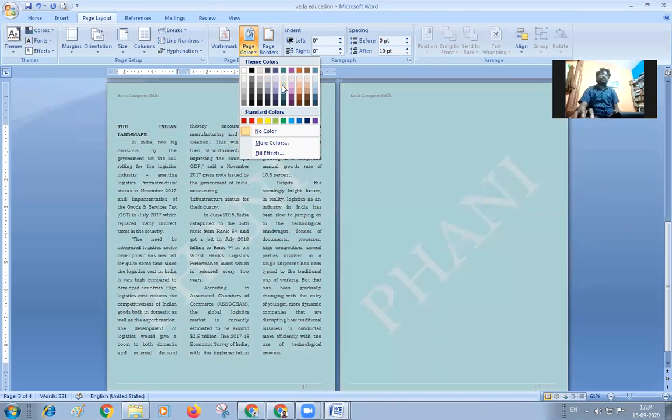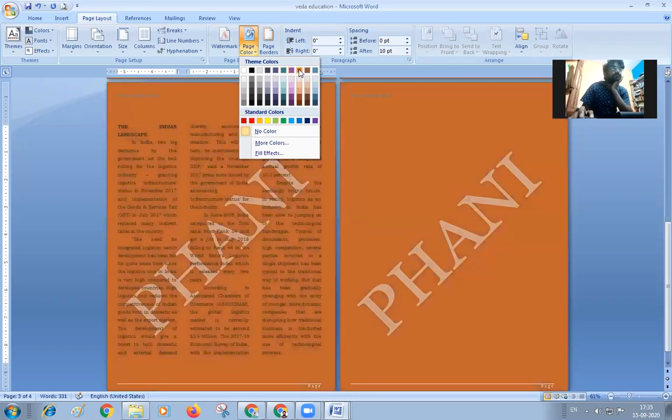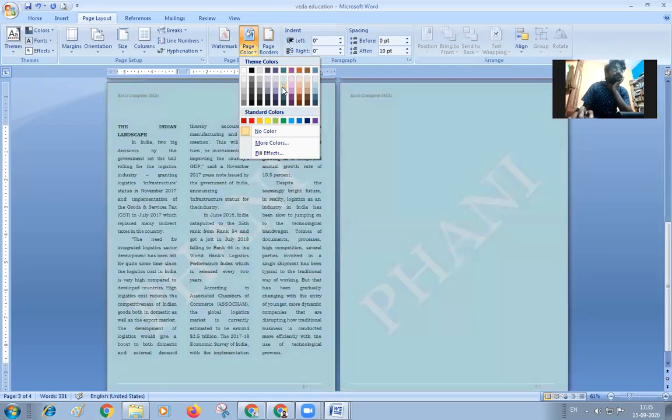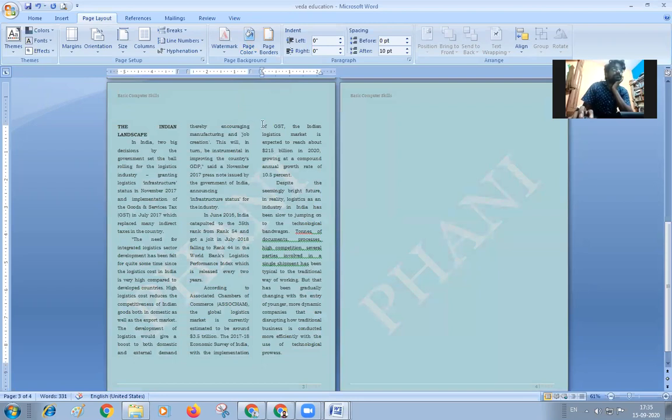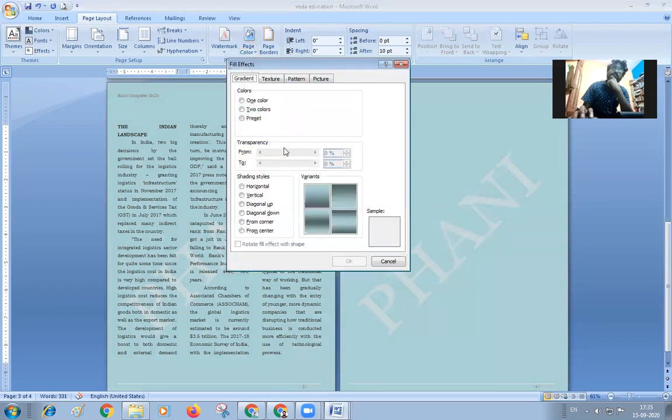And page color. You can also give the page color. You can select your own choice of color, and you can make it a colorful page by selecting the option. You can select the page color, and you can keep it also. And for these page colors, you can also have one more thing called more fill effects. There are some effects given as inbuilt options in Microsoft Word. We'll apply some of the effects so that we can make the paper more colorful and brighter.